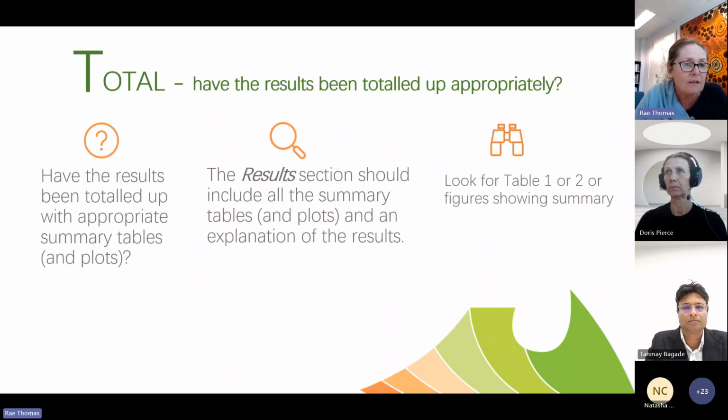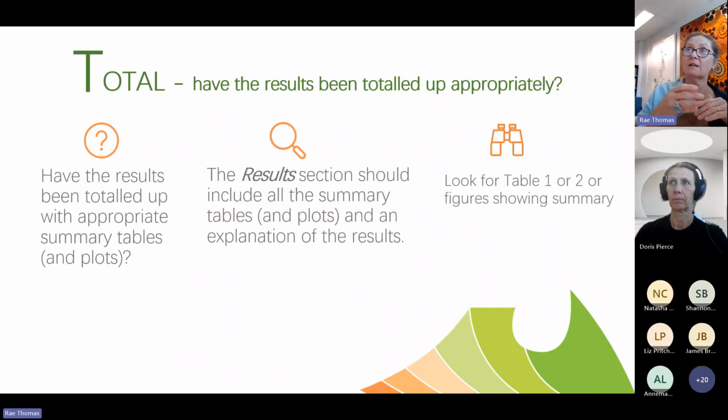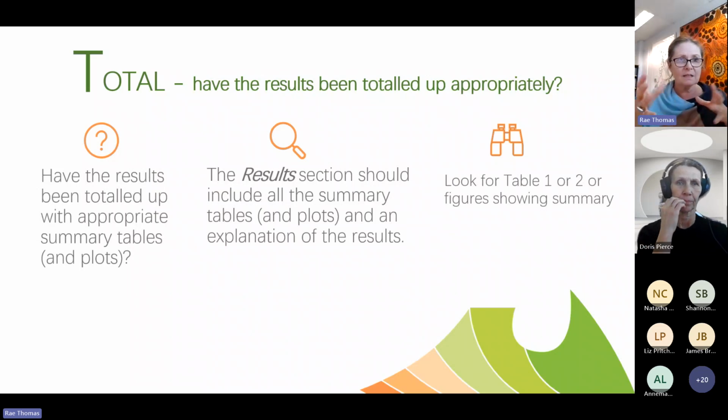So what I want to know now is, how did they synthesize this? What did they do, right? Just because you do a systematic review doesn't mean you do a meta-analysis. You often see those two things together, but they're not together. You can do a systematic review without a meta-analysis, right? So what I want to know in systematic reviews is, how did they tally up the results, right? So this is going to be in the results section, or potentially again in that data analysis section in the methods if there is one. And I'm looking for a figure or a table that summarizes that and shows me quite clearly how they tallied that up. So what did these guys do?